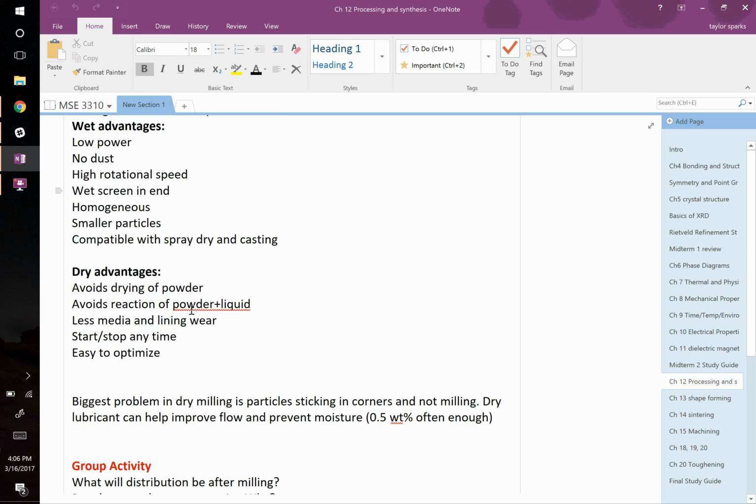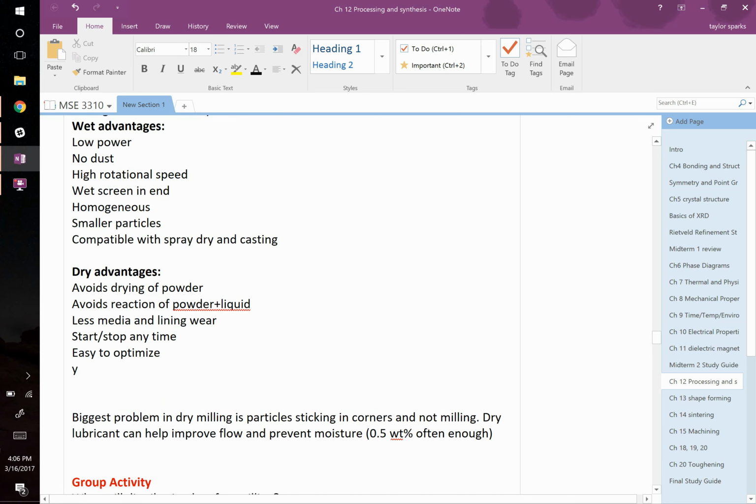You generally can use less media, and there's less lining wear. So there's less media wear, and also less lining wear. You can start and stop at any time and check on it. It's easy to optimize. Something I've left off here is that you can also perform reactive